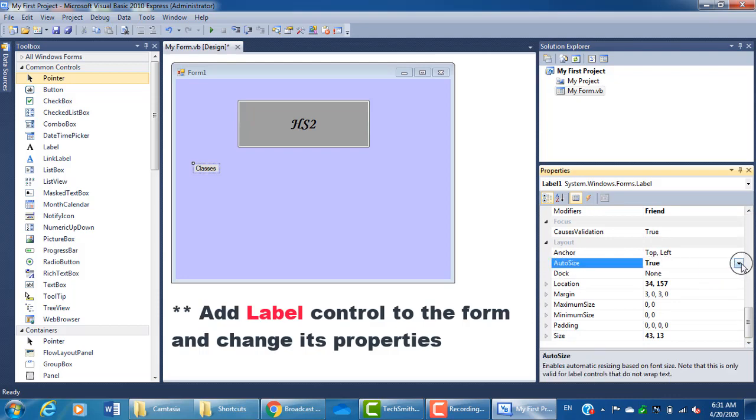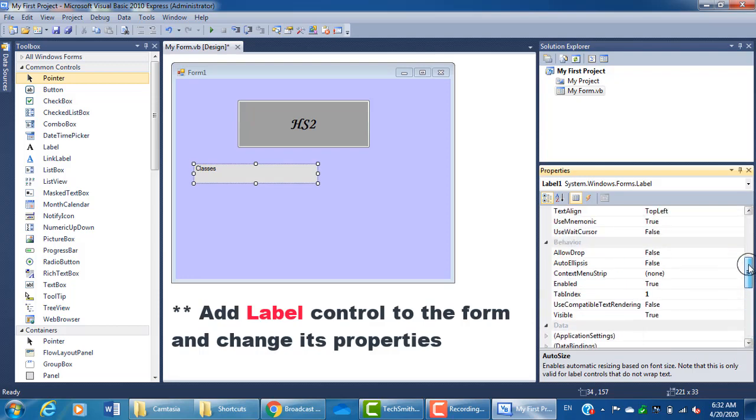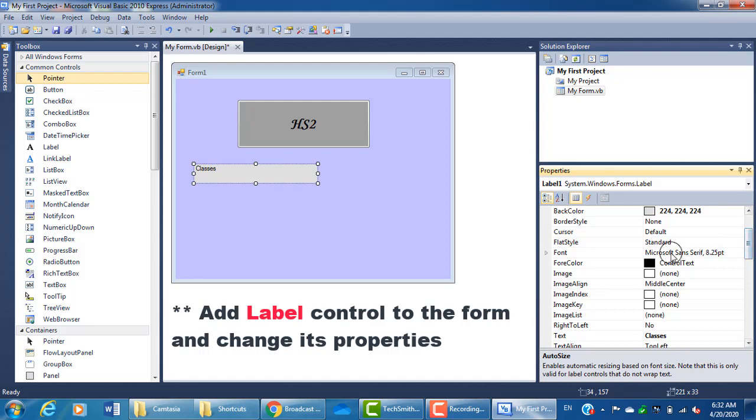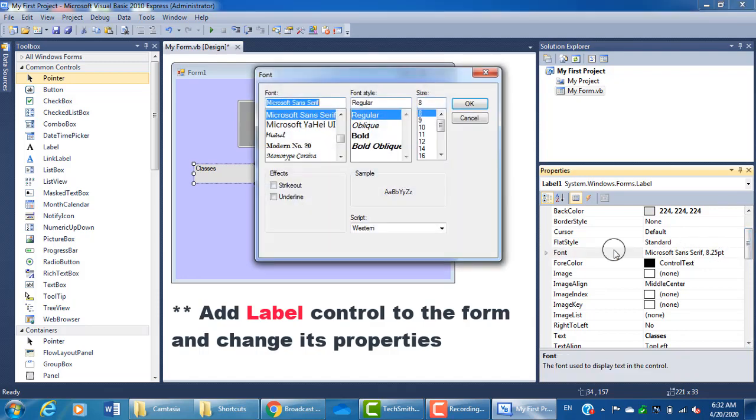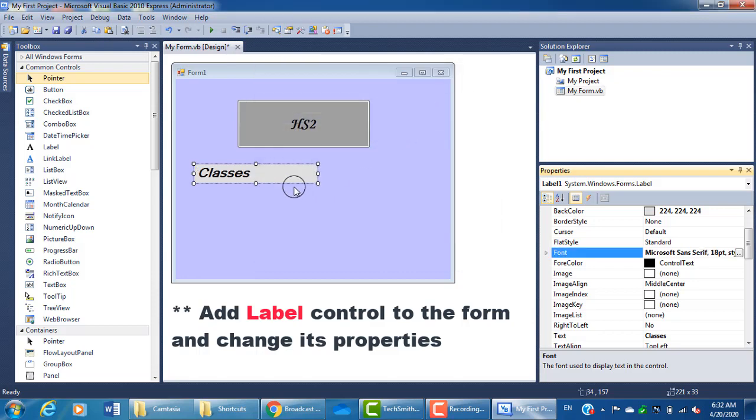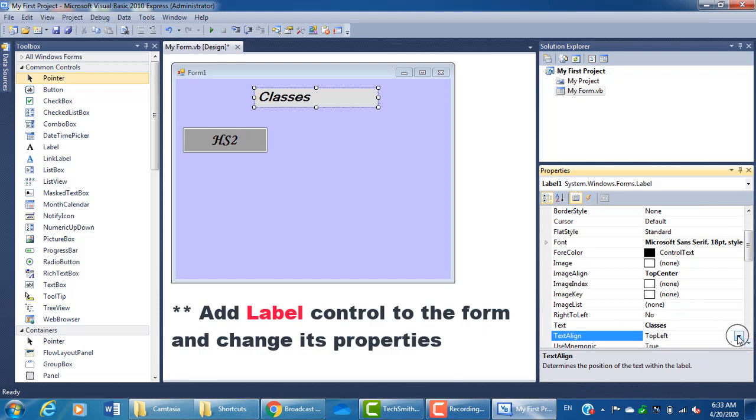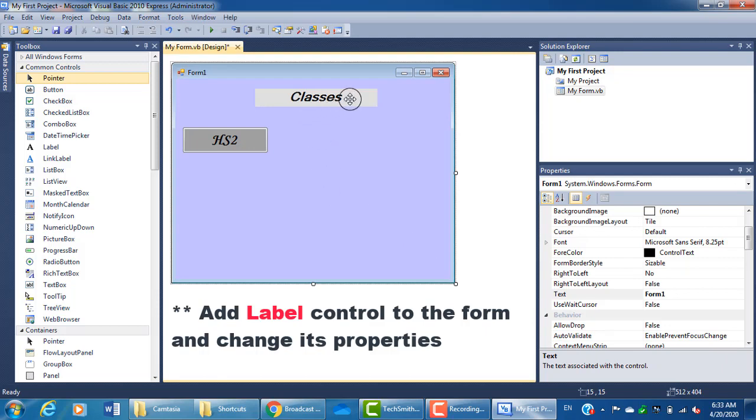Here when you change the AutoSize from True to False, so you will be able to easily resize your label. So change the AutoSize from True to False. The same options, you can change the font and format it. The alignments,